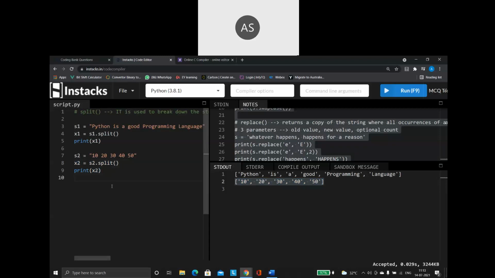Right. Now, can I split only based on space? Nothing like that. You can use anything as your separator. Any value you can use it as a separator. Say for example, I am saying S3. S3 is equal to, I am saying